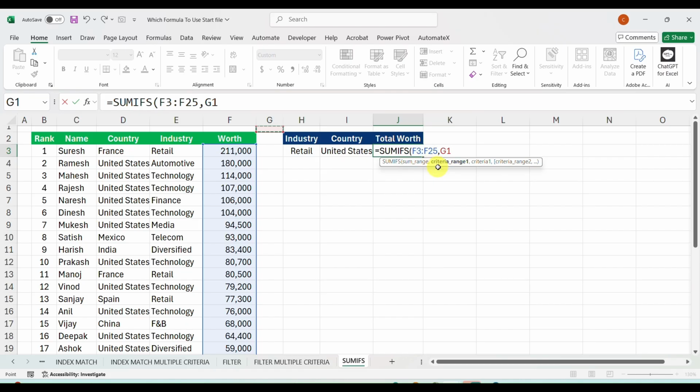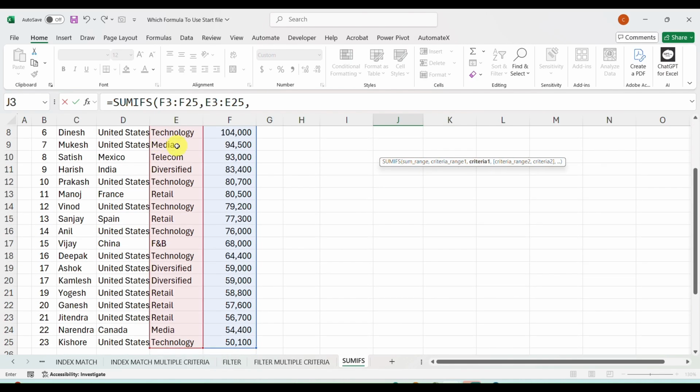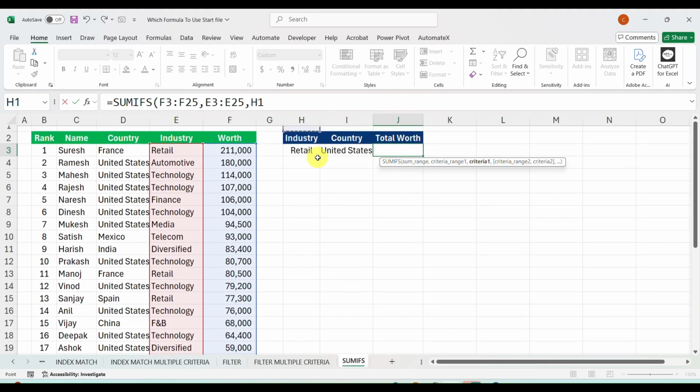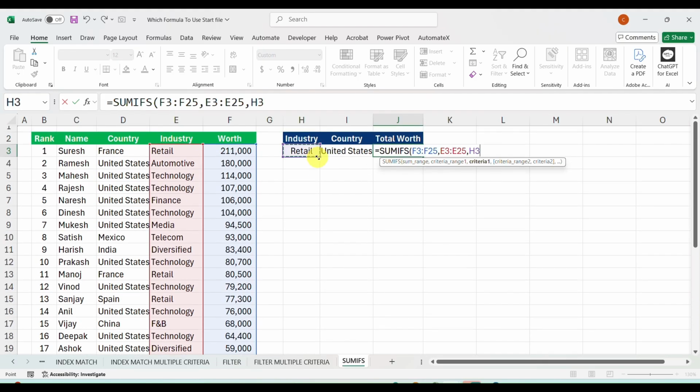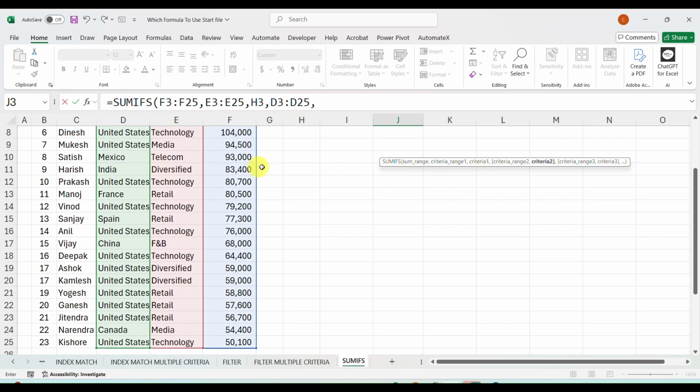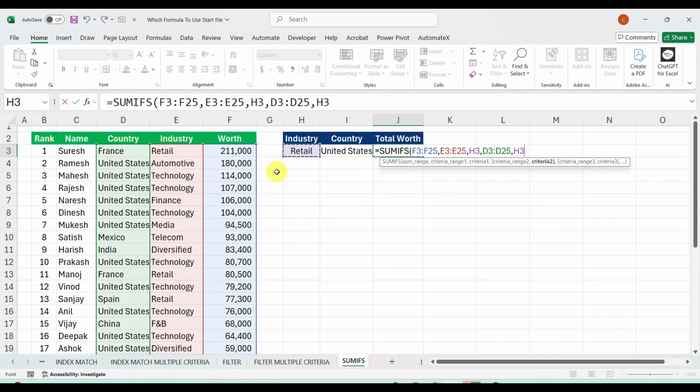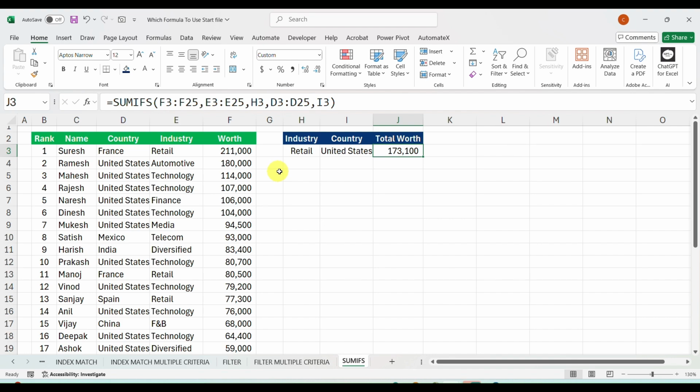Simply it is asking for criteria range 1. Criteria range is gonna be this, and criteria 1 is this retail. Again it is asking for the criteria range 2. The country is gonna be the criteria range 2, and the criteria 2 will be United States. We have these two criteria. Closing the bracket and hitting the enter, and the answer is right here. For the retail United States, the total worth is this.